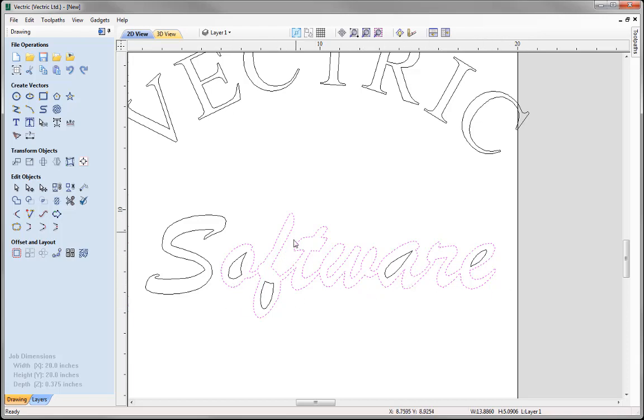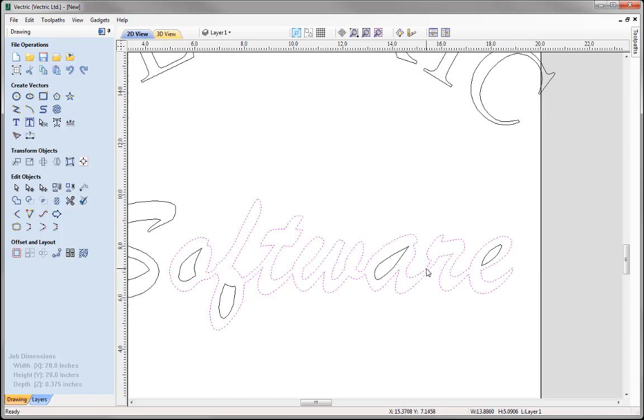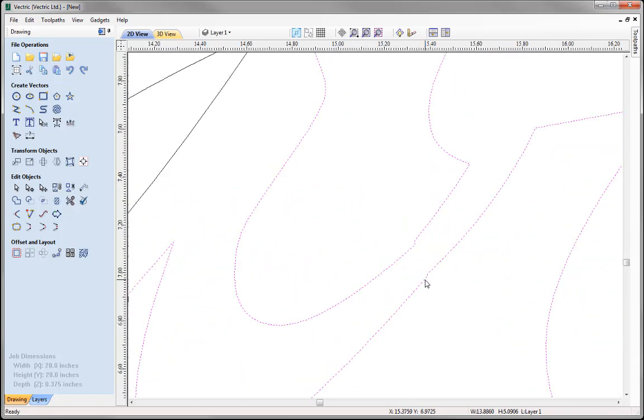Now sometimes with script font where the vectors originally overlapped, we may be left with a few inconsistencies. For example, if I just zoom in on the A and the R there, you can see where the two overlapped. We now have a little kink in the actual vector itself. So this may require a little bit of tweaking, where we'll look at node editing to just smooth these vectors